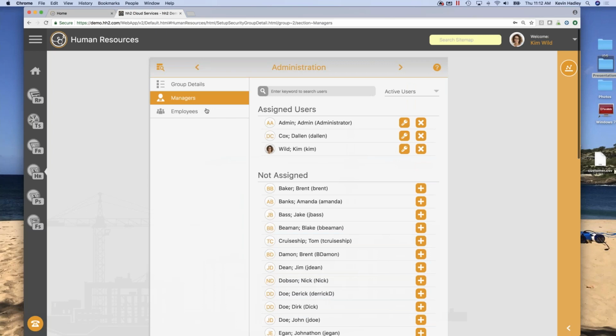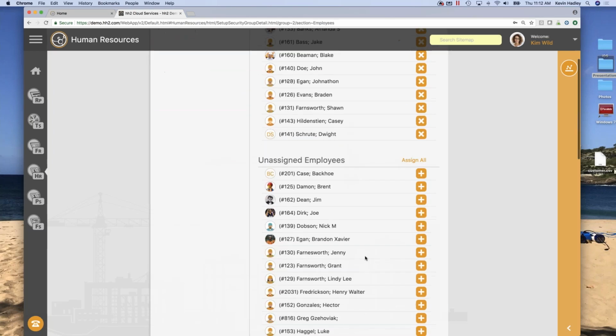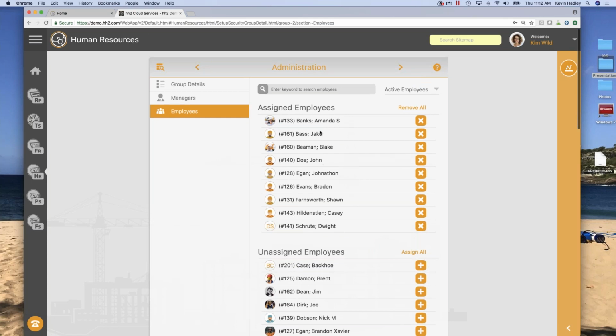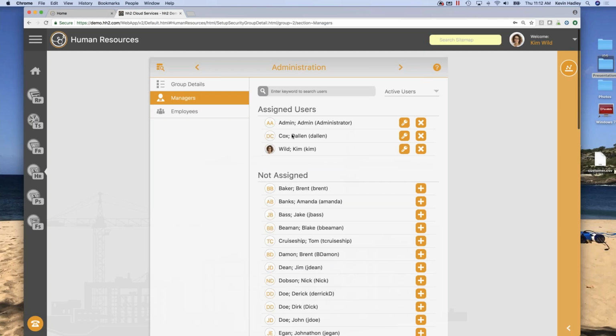Once you set that up, you will assign employees within your company to that specific group. So if these employees are my administration staff, then only these managers right here can see these employees.